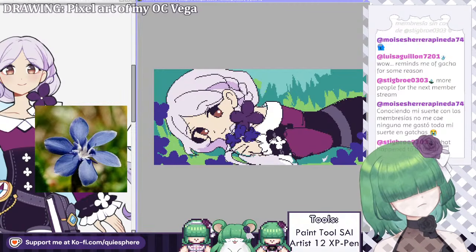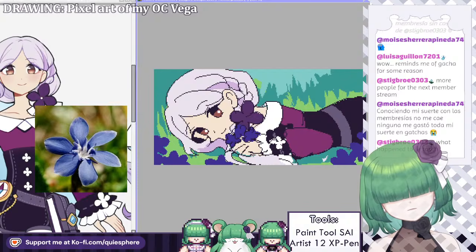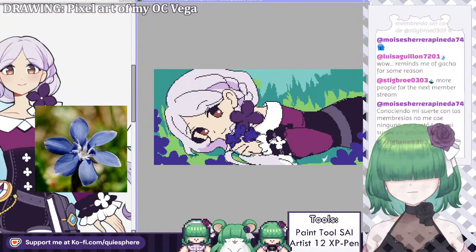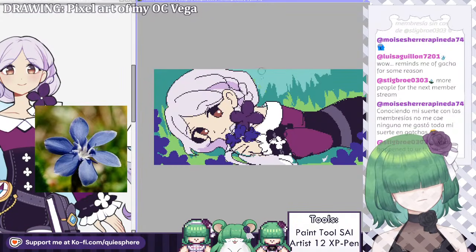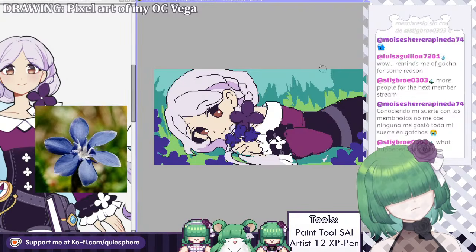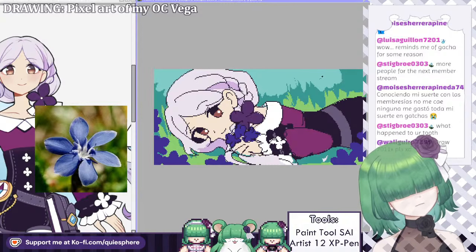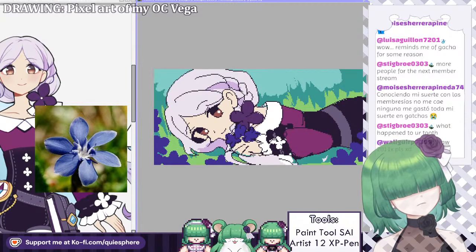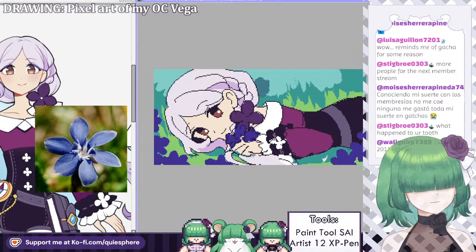That might work. This one's a bit too spare. Maybe make it a bit more curved like this, and we add more of the flower feel in the background. That might be a good idea.